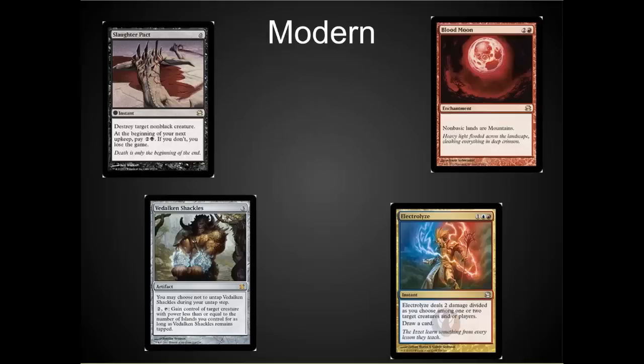Modern is becoming very popular. A lot of people are interested in Modern right now, and now is the time to pick up some of those staples. I know we're at the end of the Modern season, so these may see a very small dip,